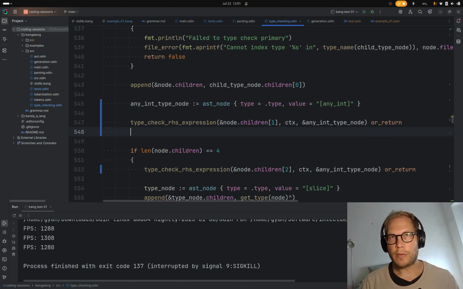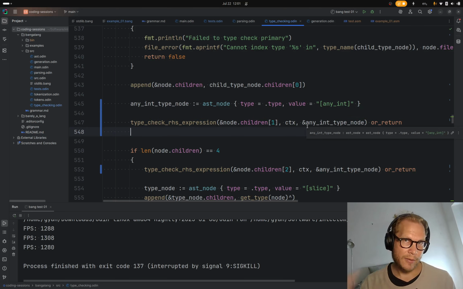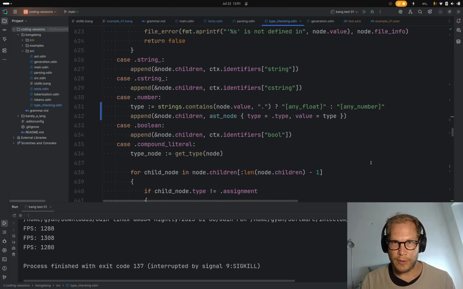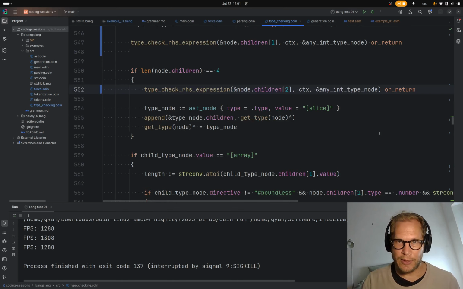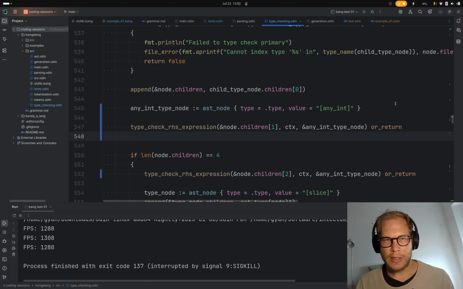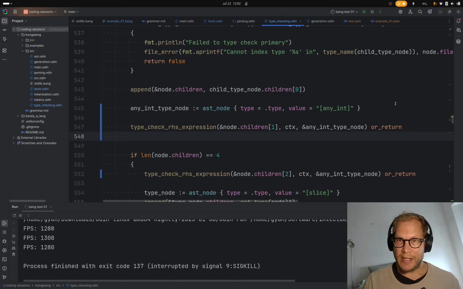Then, what we're type checking against might just be a number literal, where was it? Like this, which means it might just be any number. If it was a float, then it would fail the type checking at that point. But if it was any number, it would succeed. It would get upgraded, I believe, to any int. It depends how we do the type coercion. I think maybe it would just stay as any int, or any number. I'm not sure. But in any case,